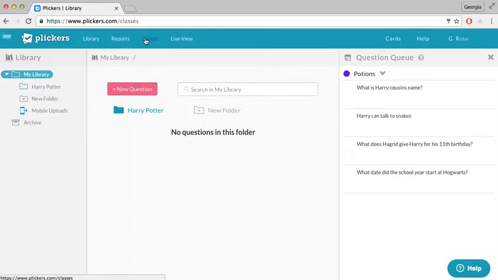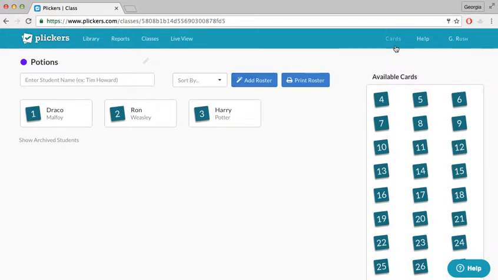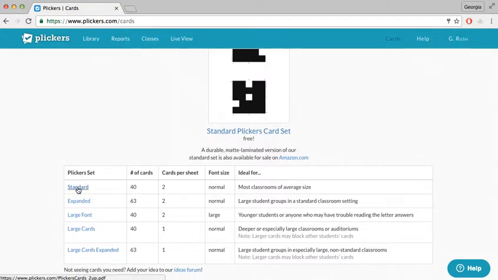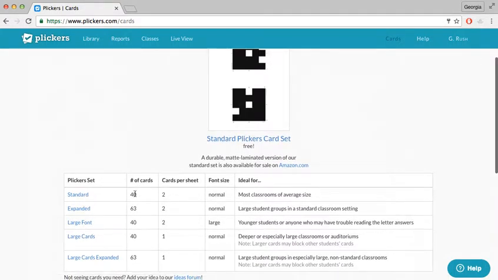Another thing is, when you're in classes, you will want to download the cards. So here we have our class, and we click cards here. You would download the standard, so 40 was the amount that you get for free, and you'd print these off,